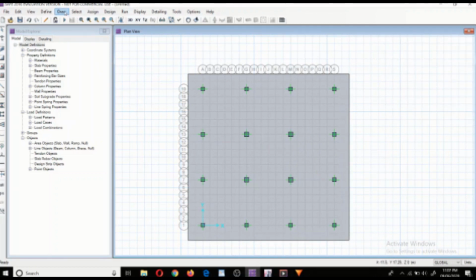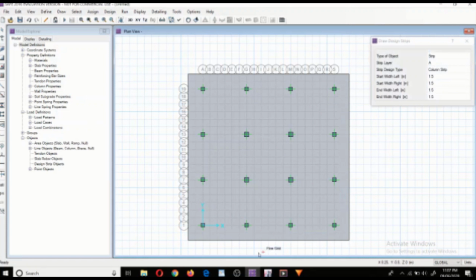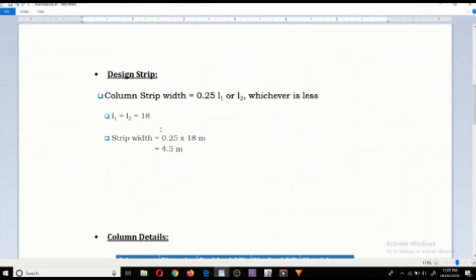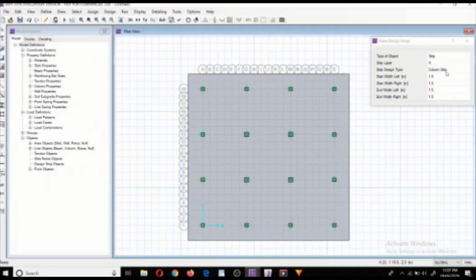Click on draw, click on draw design strip, set 4 meter width as we calculated in the problem statement. For X direction select A strip and for Y direction select B strip.